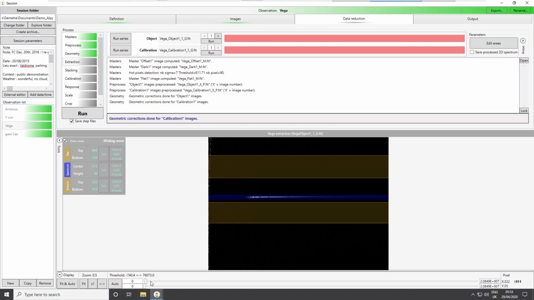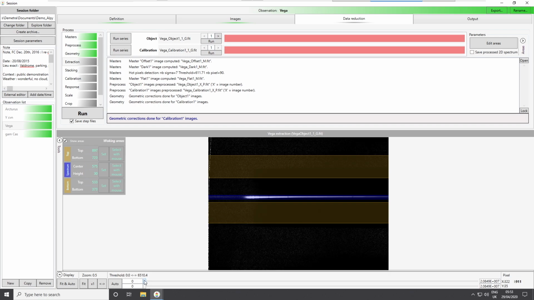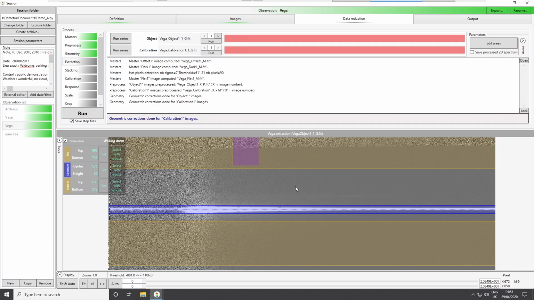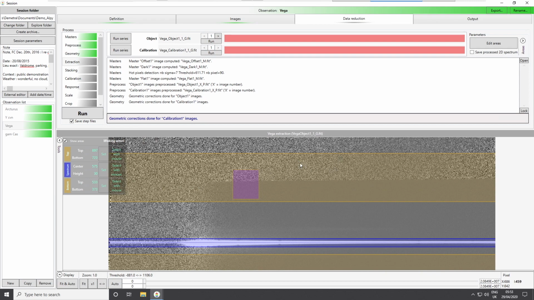But be very careful, because I can select the threshold here, and here I can see that in this area you have the slit area. Out of this part there is no slit, in fact, and this is really a dark image, so there is no light pollution here, there is no sky spectrum here. So it's very important that the yellow band is in this area.